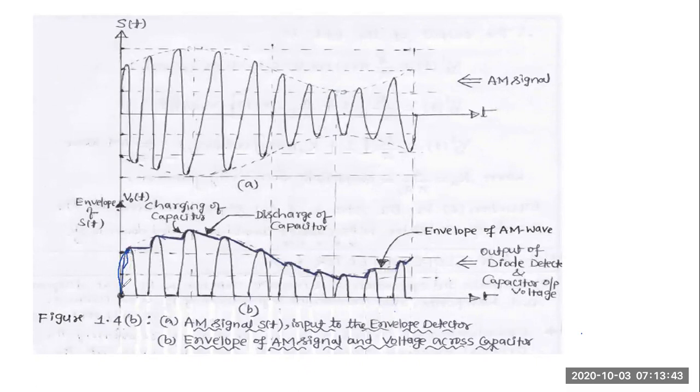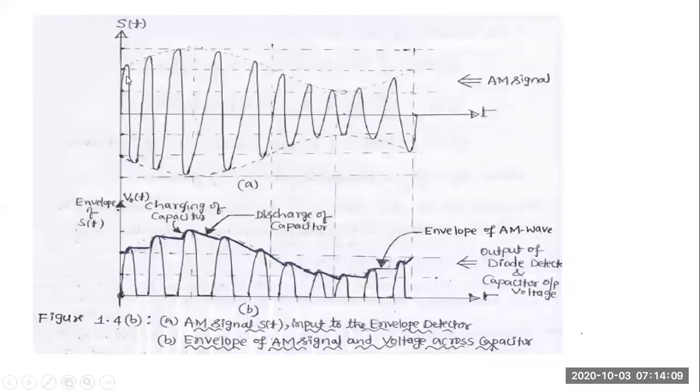It should follow the shape of the message and reach the peak. Afterwards, in the consecutive half cycles, it will be discharging slowly till it encounters the next peak, and this is how it happens. Okay. So at steady state, we'll say we are continuing from the previous case. So it looks like this. Is this clear? This is how it works.